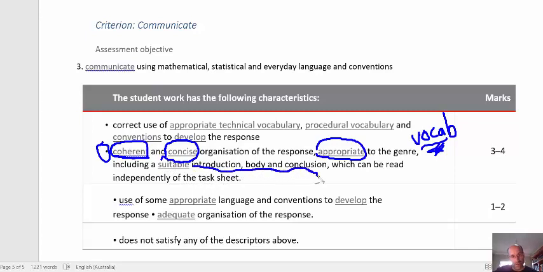Remember to write in a report genre, so introduction, body, and conclusion. You need to make sure that it is readable without having to go back to the task sheet. That's a good strategy to see if it's readable without looking at the task sheet. Can it be understood by someone with a reasonable